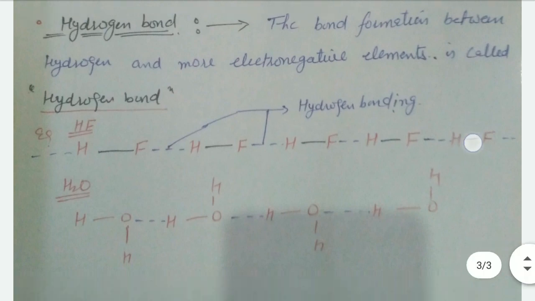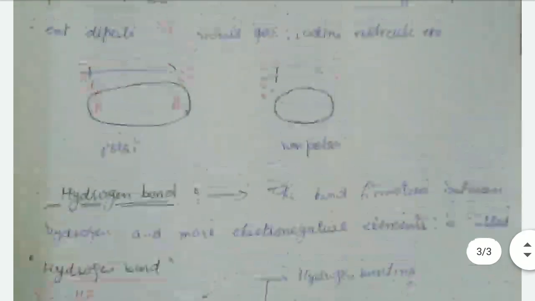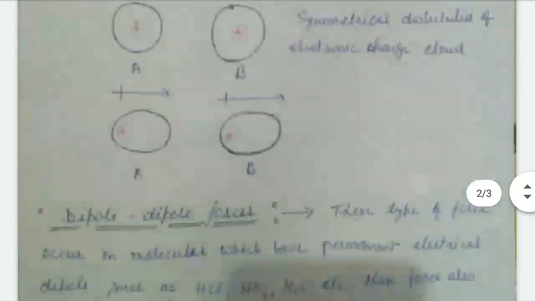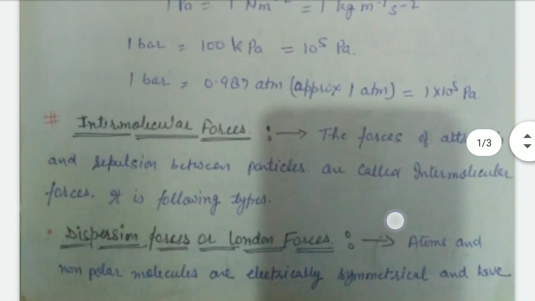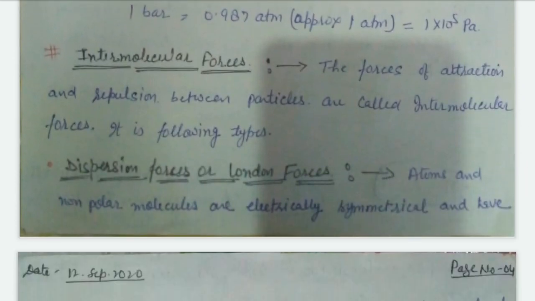There are two examples of hydrogen bonding, HF and H2O. The dotted lines indicate the hydrogen bonding. In HF the bond is covalent, and H2O is also a covalent molecule, while between O and H of different molecules a hydrogen bond forms. These are indicated by dotted lines. That's clear. These are the intermolecular forces of gaseous molecules. Right. Okay. Thank you.